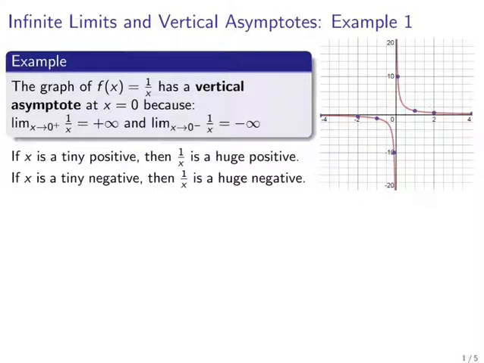Hello. In this video, we're going to talk about infinite limits and vertical asymptotes on the graph of a function. By infinite limit, I mean a situation where a function is blowing up to positive infinity or blowing down to negative infinity, something where the curve is shooting rapidly upwards or downwards along an asymptote. And we're going to phrase all of these things in terms of limits and apply them to a few examples